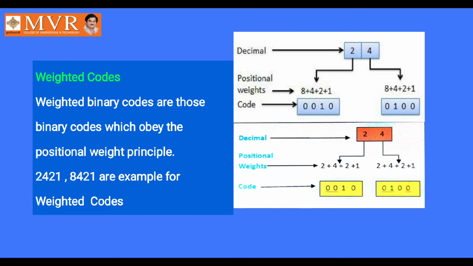In the same way, for the value of 4, we have put 1 in the fourth position, but not in the two 2s. 2 plus 2 may also be 4. That is the reason why we have written like this. You can see the 8421 and 2421 tables from 0 to 15 values in the next slides.